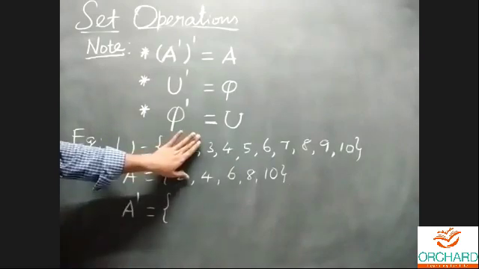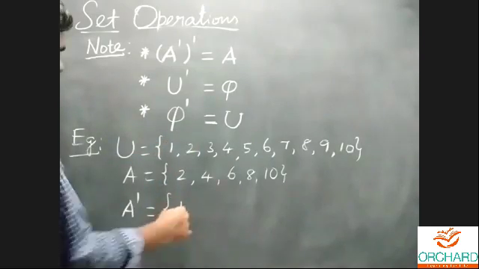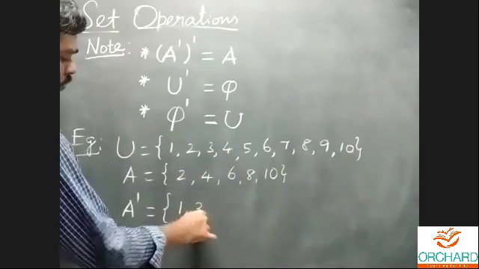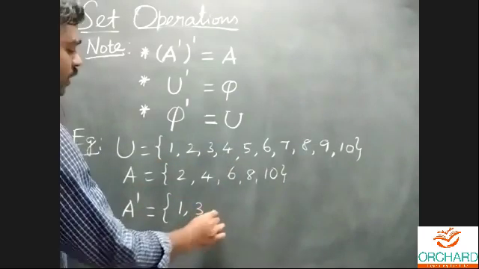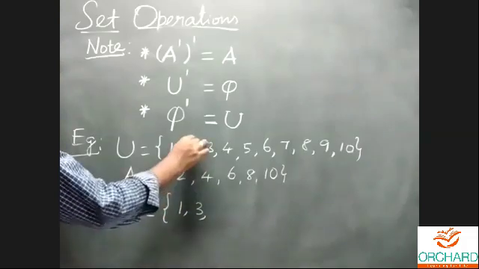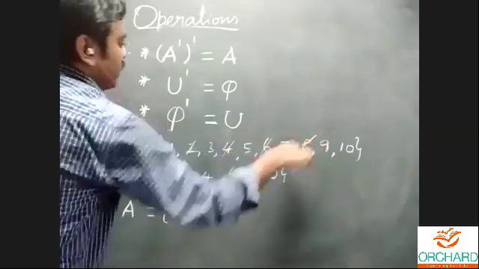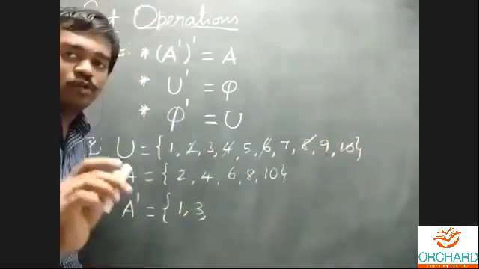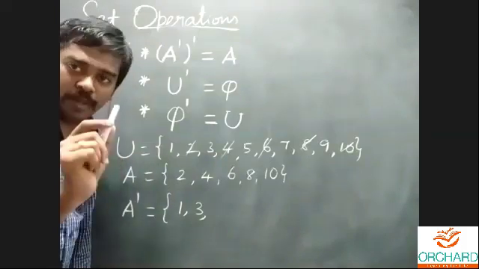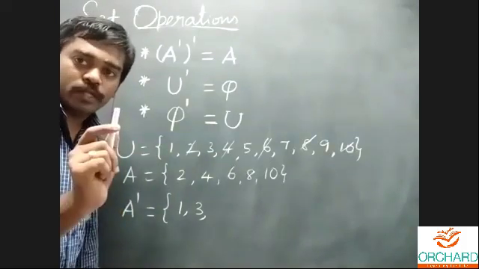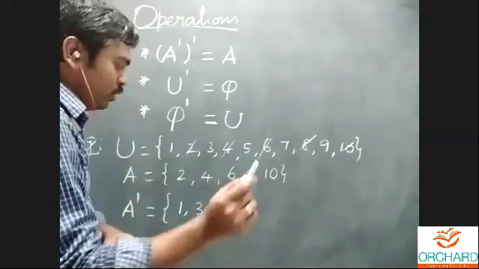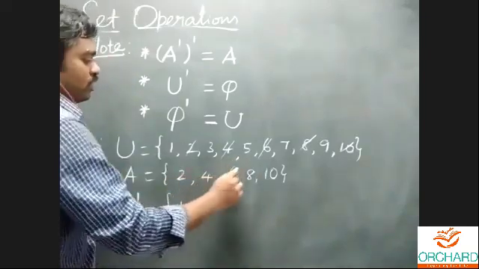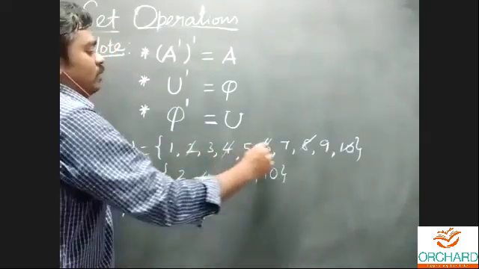Remove the 2, okay. Then 1, next 4. To remove the element 4 from the universal set. These elements will be removed from the universal set: 2, 4, 6, 8 and 10. Using pencil. Listen carefully, students. To strike out the elements using pencil: 2, 4, 6, 8, 10. Only the 5 elements I'll strike out.